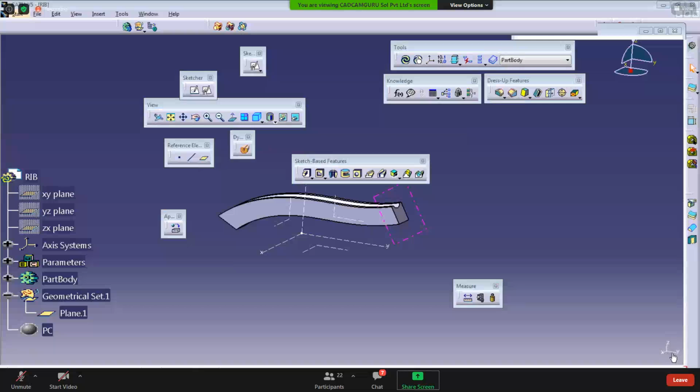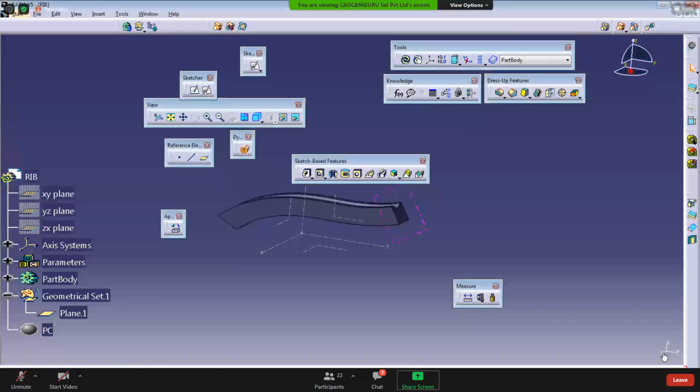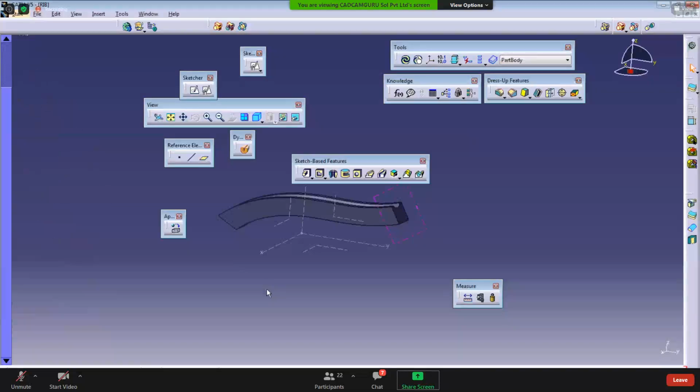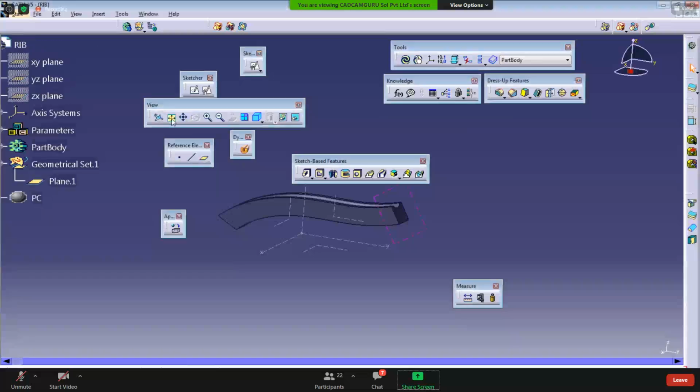Do you see this coordinate system? In the bottom right corner, there is a coordinate system. You have to click on that. Then the entire screen area is locked and converted to black color. And if it is very small, in that situation, just click fit to screen. Where is the view option? Yeah, here is that fit to screen option. It will display.